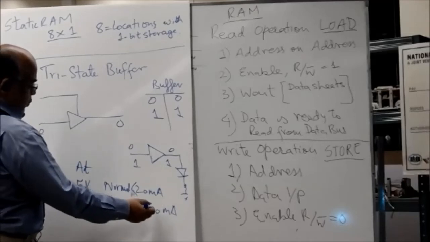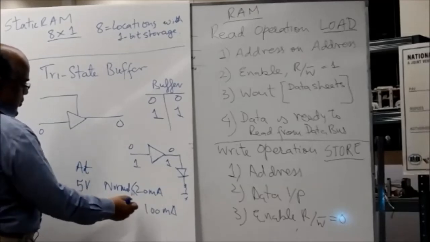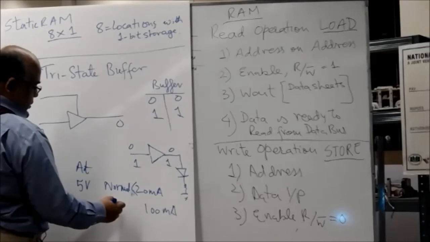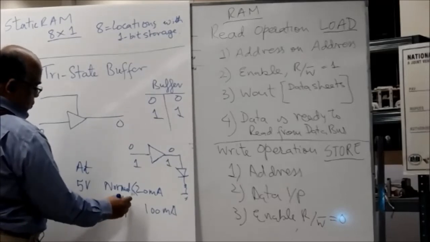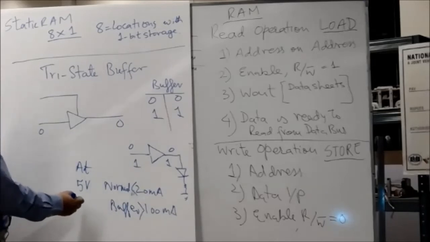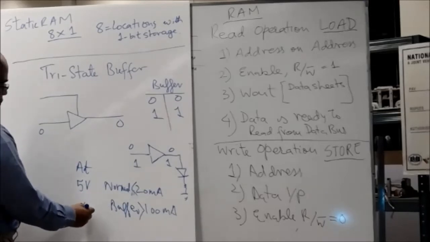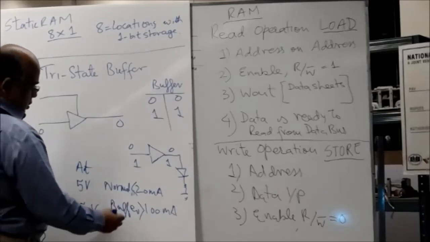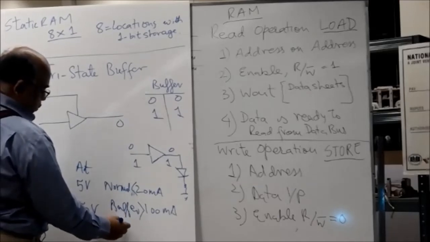But with the buffer, it could be greater than 100 milliampere. In that case, 100 milliampere at 5 volt will be equal to 500 milliwatt, that is 0.5 watt,